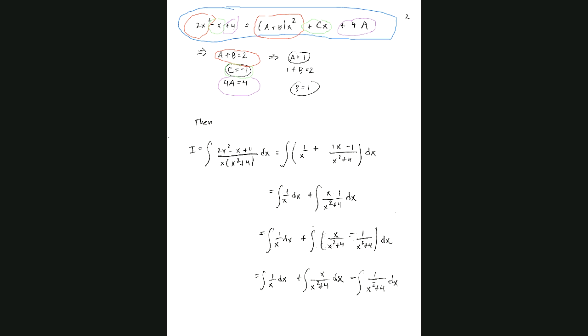Good. And what we'll do, I'll just make a few more quick comments. We'll have to finish this up on Thursday, but at least we're halfway through the problem. So now the integral can be written as the integral of 1 over x plus (x minus 1) over (x squared plus 4). So the a here,